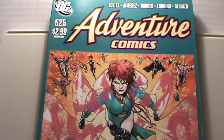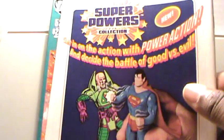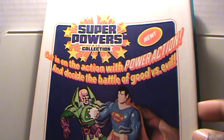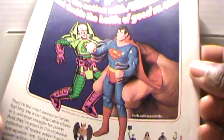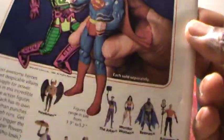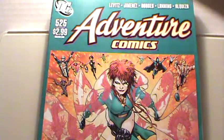And you have advertisements throughout, as well as Superboy's on the back. Yeah, the collectible stuff. Superboy collections. Action figure. And on the front, you have